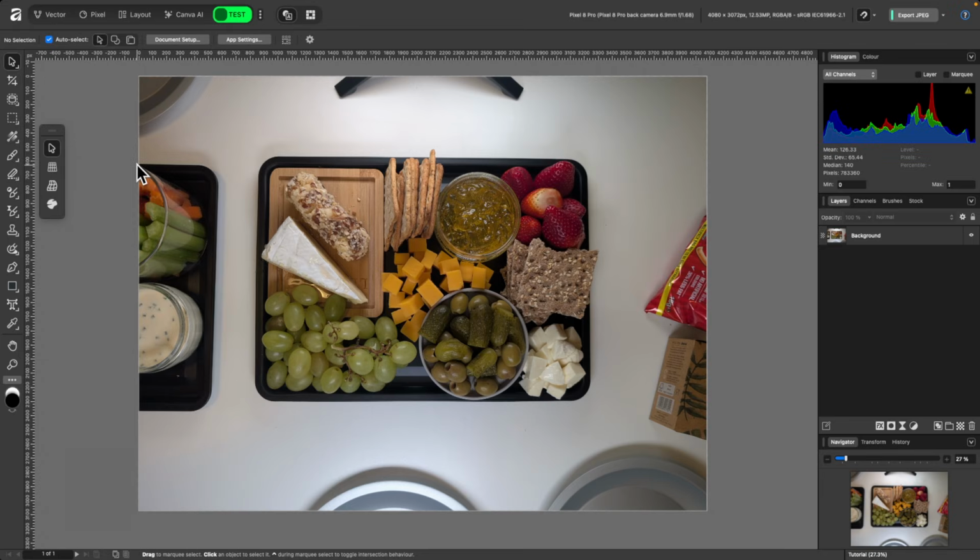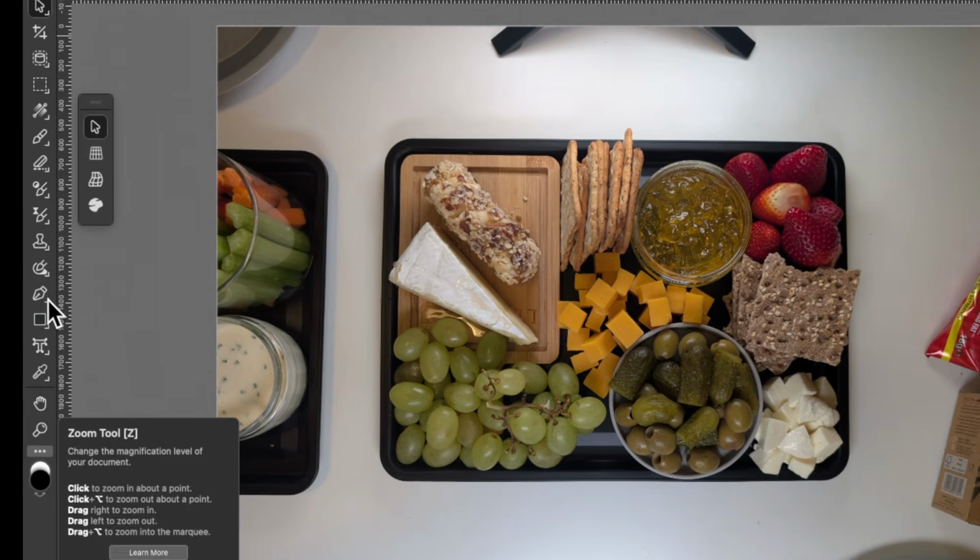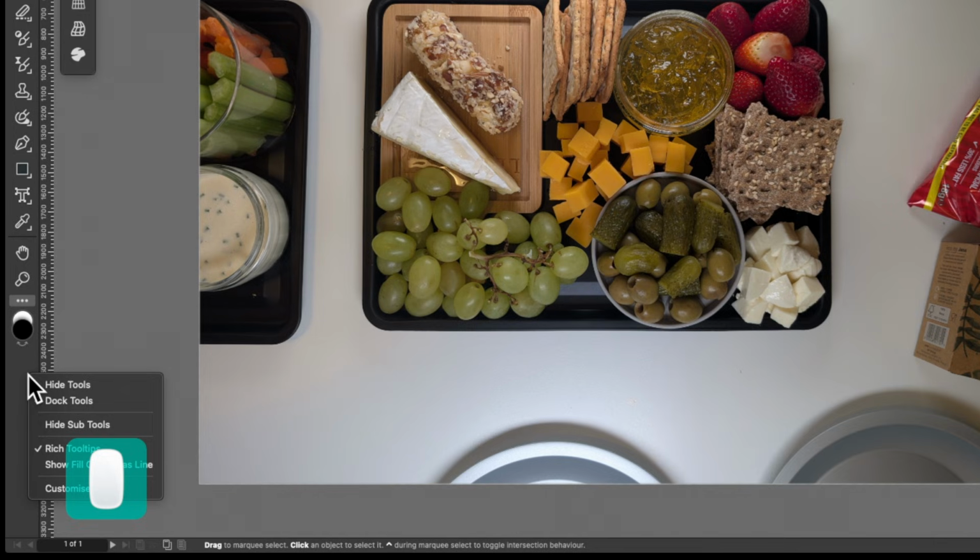And I'll just quickly show you how to add tools and change the UI to suit you best. This is probably more for advanced users when you get used to using this program, but I'll just show you now so you understand what Studios can do for you. So on the left-hand side, we have our tools. If I want to customize it, I just right-click, go to Customize Tools.